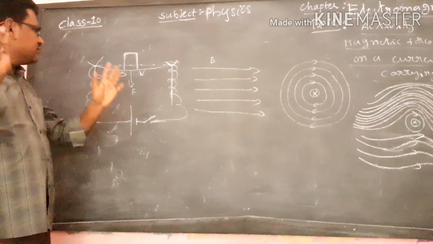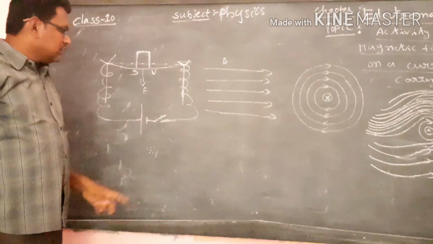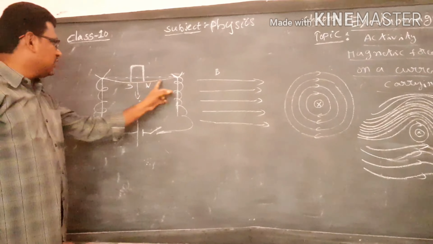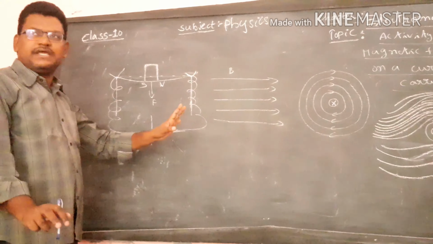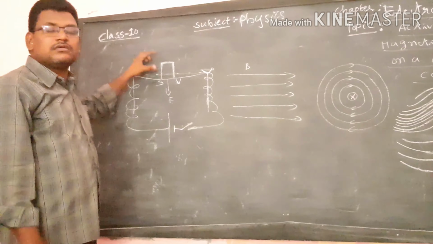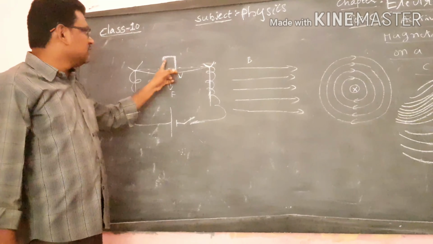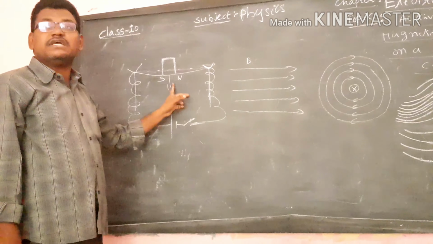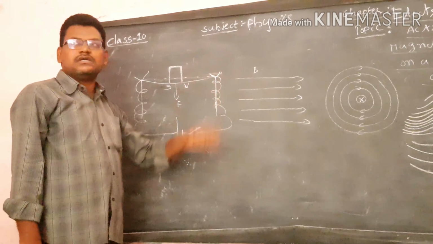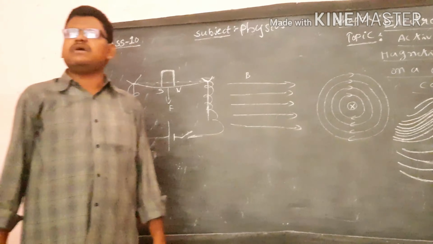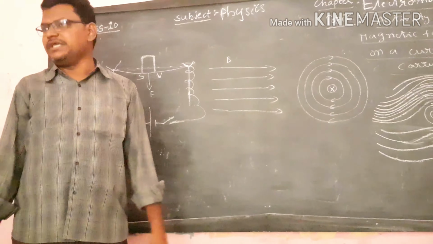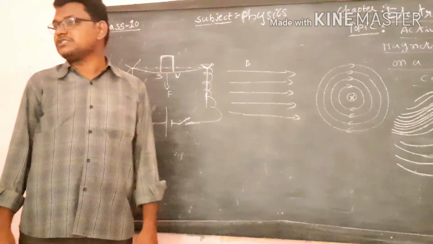Suppose there is no current in the wire, if we switch off, or else if we open the circuit, current does not flow through the wire. Then there is a magnetic field due to the horseshoe magnet, but there is no current. The external magnetic field does not exert any force on it, and we can see the straight form of the wire, because external magnetic fields can exert magnetic force on moving charged particles only.